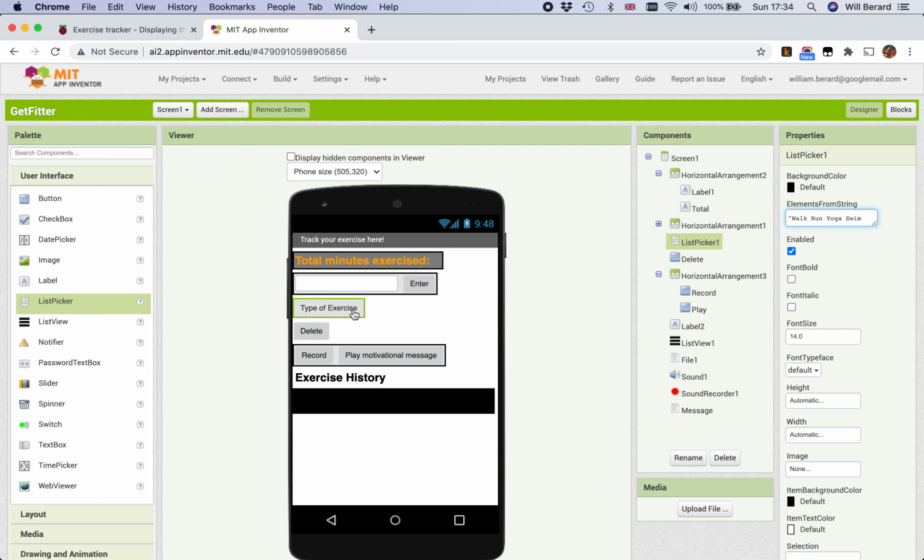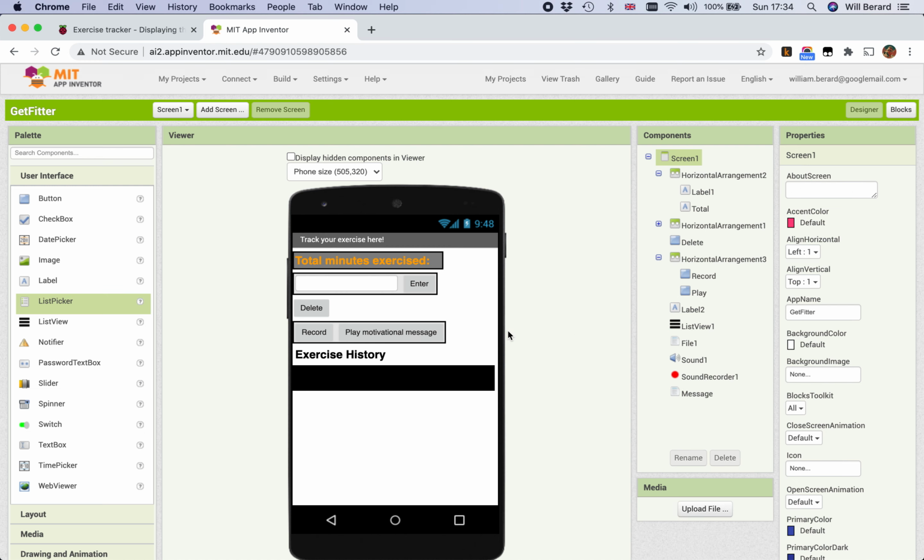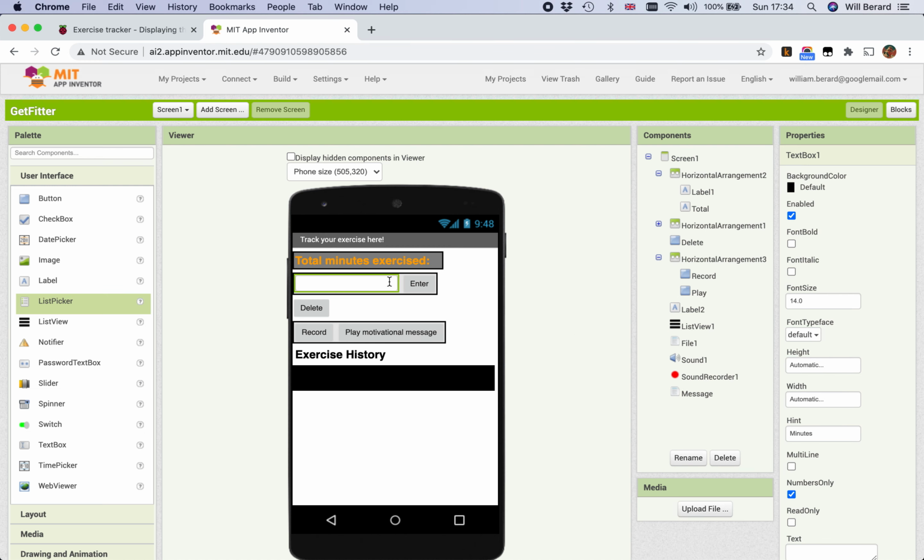You know what? I'm not going to do a list picker because I should have researched it. Let's do something that we know how to use. Let's do a field, a text field. Fair enough. Let's delete our list picker. Yes, fine. Okay, so